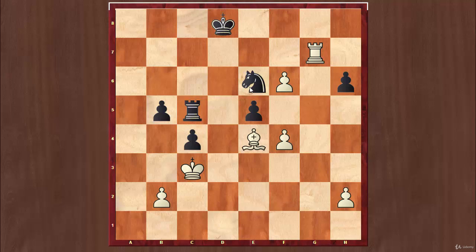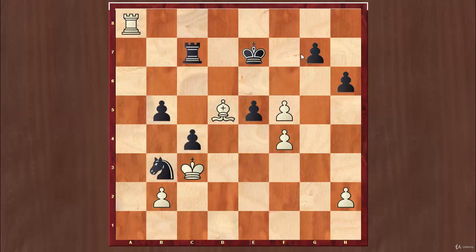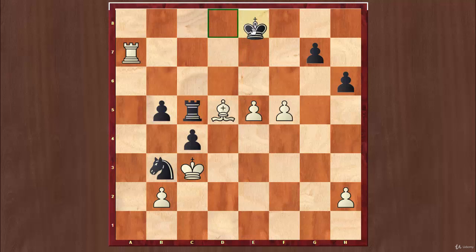f6, knight e6, and bishop f5 wins the game. He can't capture the rook because then the pawn will be promoted. If, for example, f takes on e5 in this position, then f takes on e5, rook c5 now, rook a7 check, king e8,